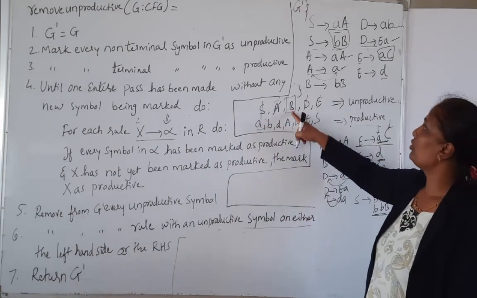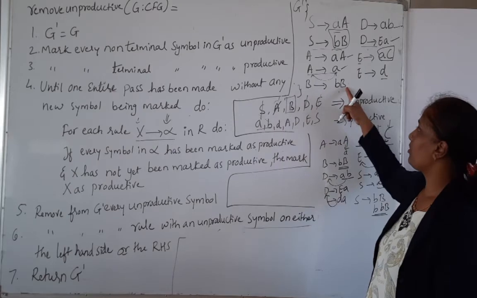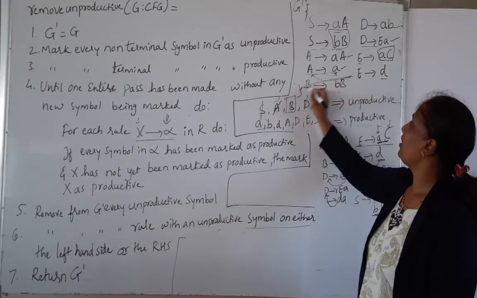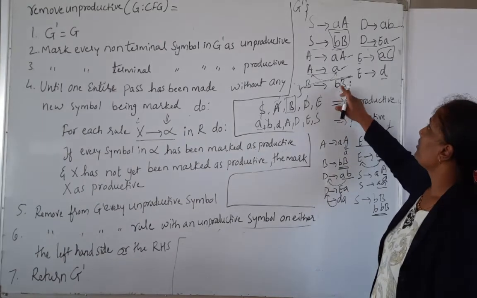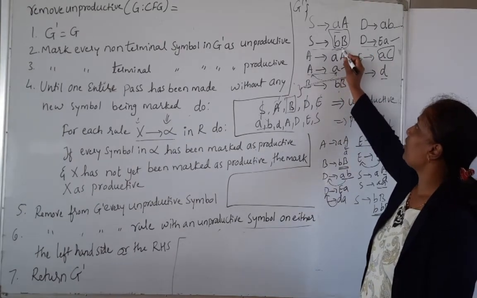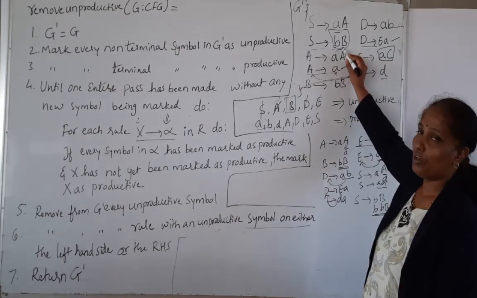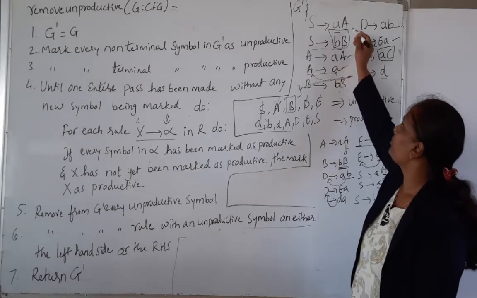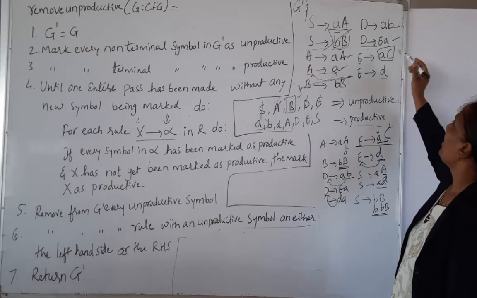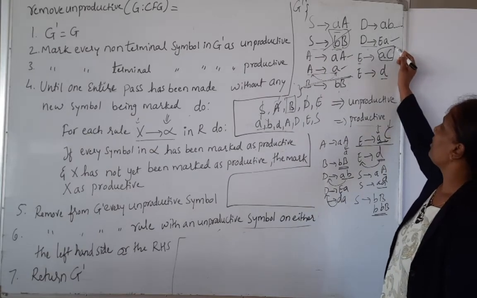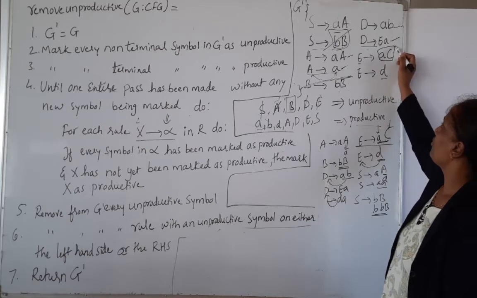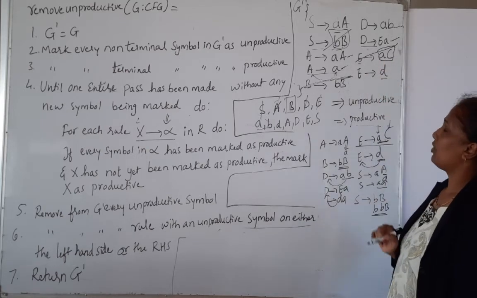Okay. So I am going to remove the rule of B from the grammar. Based on that, this rule I will strike out. Next, wherever the symbol B occurs in a rule, those rules are removed from the grammar. So based on that, this rule is removed, and C is also not a part of the productive symbols, as well as the non-productive symbols. So I am going to remove this rule also.